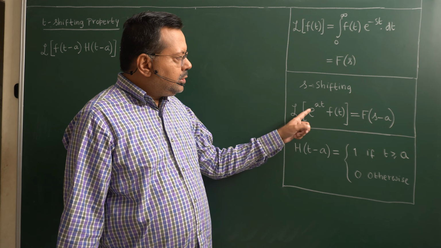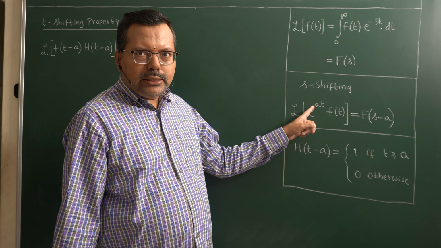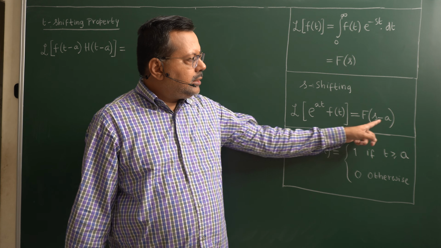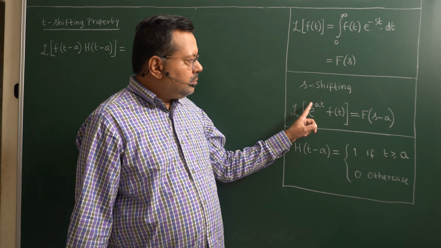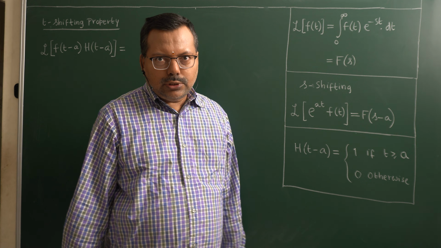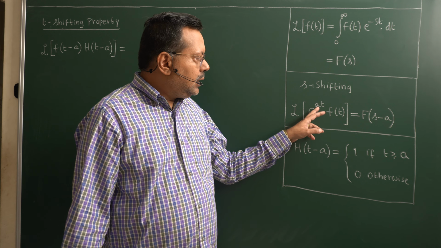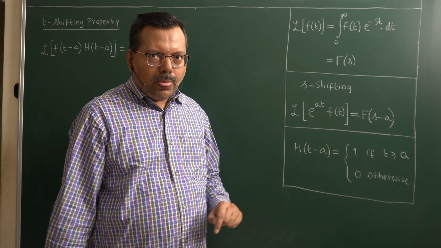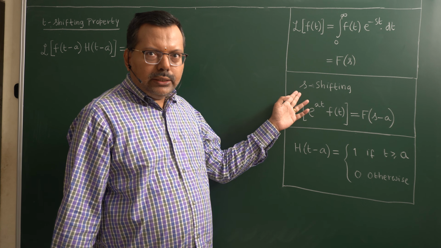The exponential function can be e to the power of a t here or a minus a t here. If there is a plus a, then here minus a will come. If a minus a is here, you have to put a plus a. Both are acceptable, and a is in general a complex number. So you have the s shifting theorem already there, and